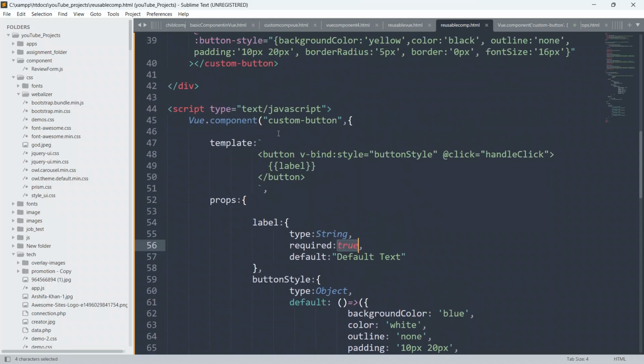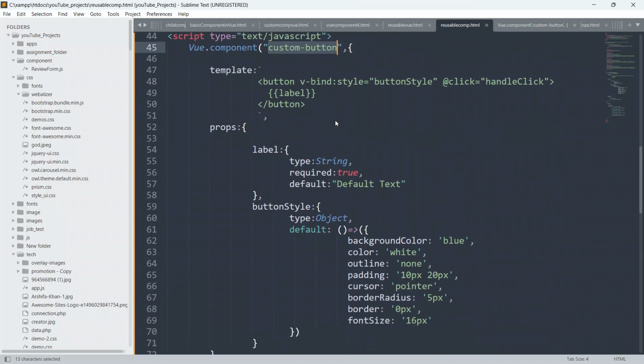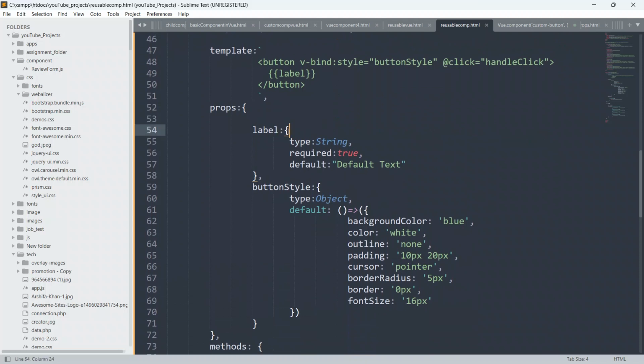So guys, whenever a parent component is calling this custom button, the parent component must provide this label, otherwise Vue will throw a warning. So type is a string, required is true, and default is default text.